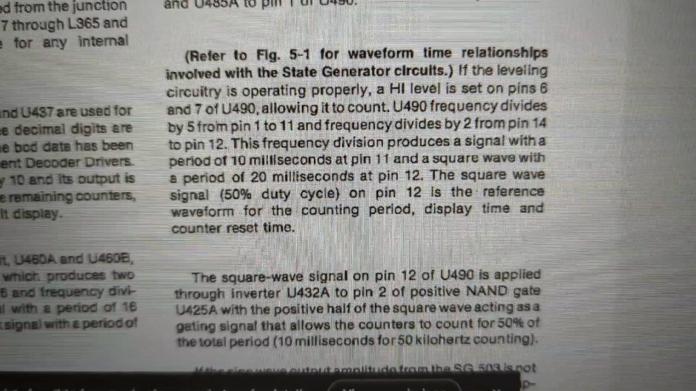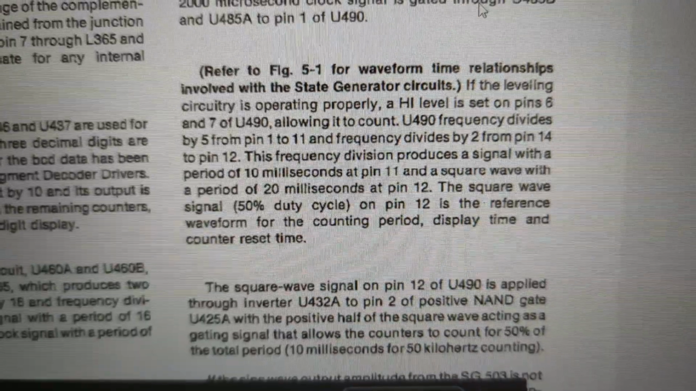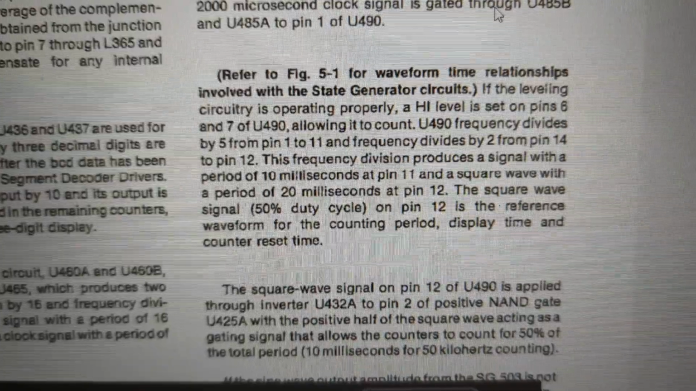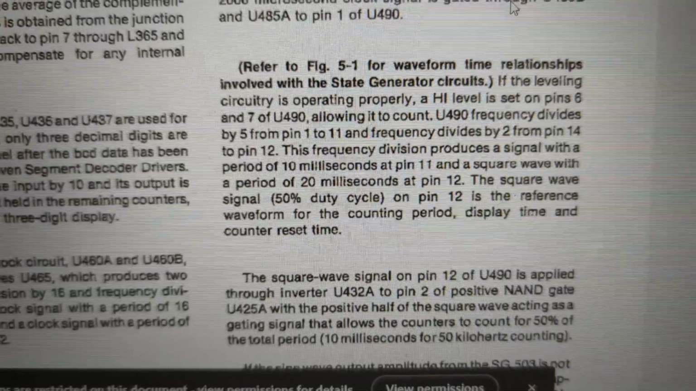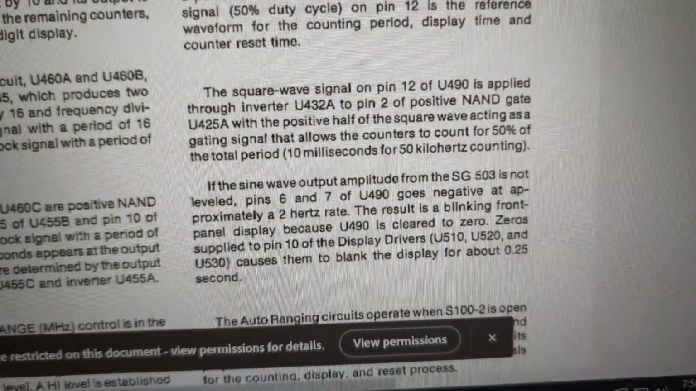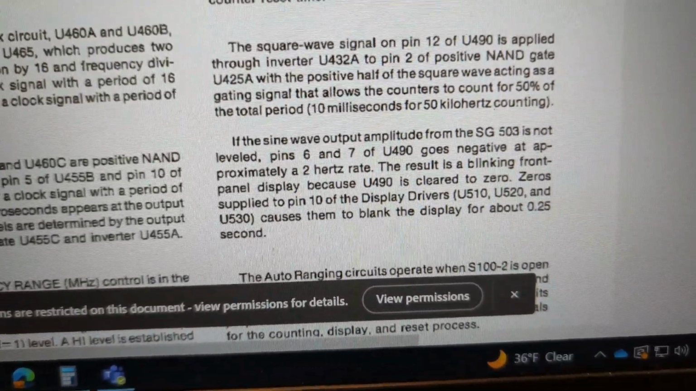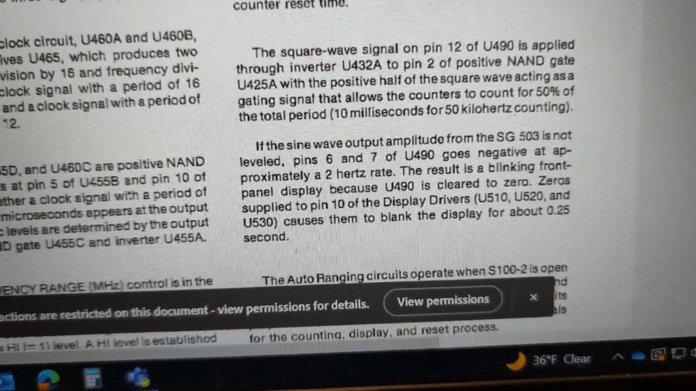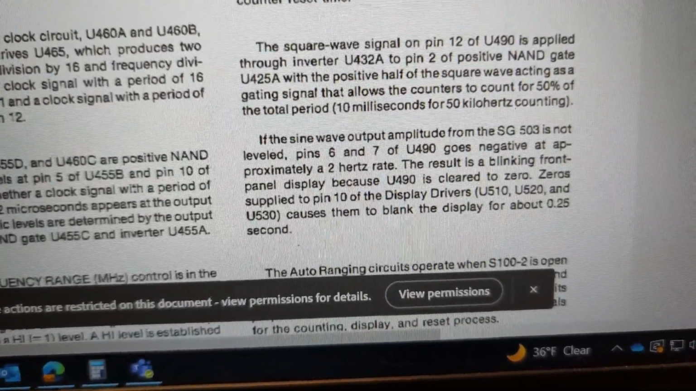So it says if leveling circuitry is operating properly, a high level is set on pins 6 and 7 of U490. So actually it's low on both these pins, I think. Which could be problematic because it mentions down here that when they are low, the result is blinking zeros. So I've seen that before. It's not doing that. It hasn't done that lately, but